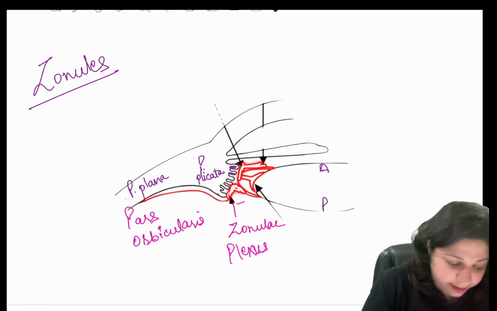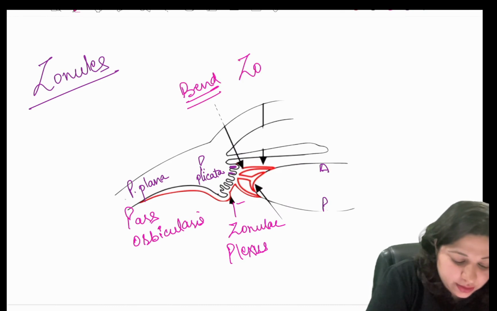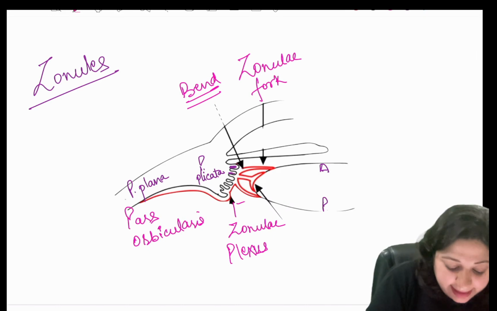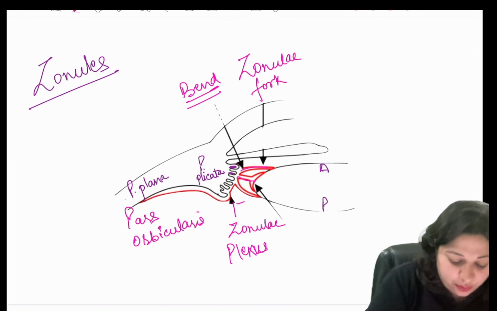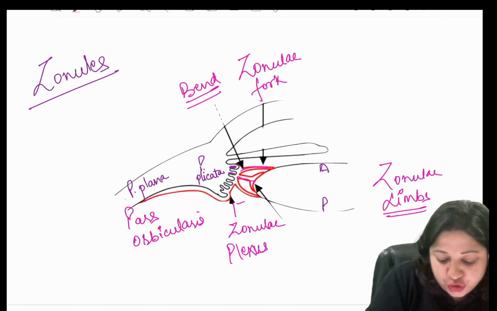Then while coming here, it takes a bend. So this bend here is called as zonular fork, right? And then it divides into 1, 2, and 3, and these are called as zonular limbs, which are anterior, equatorial,